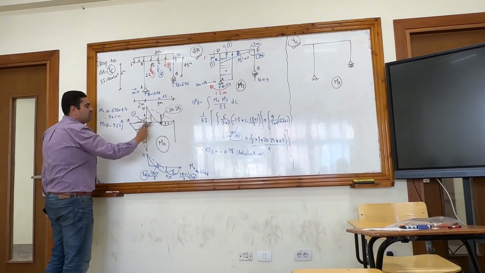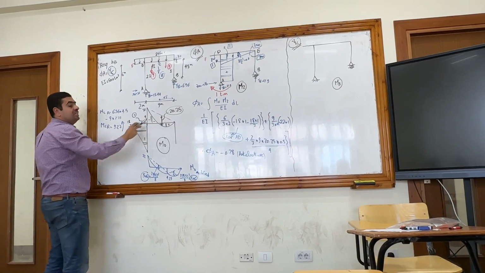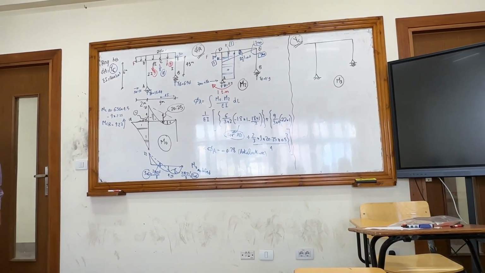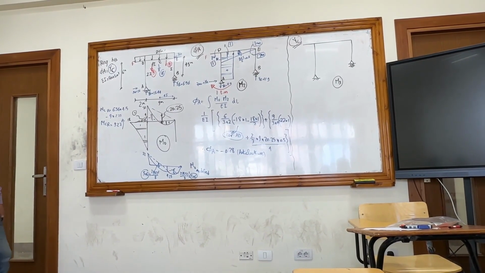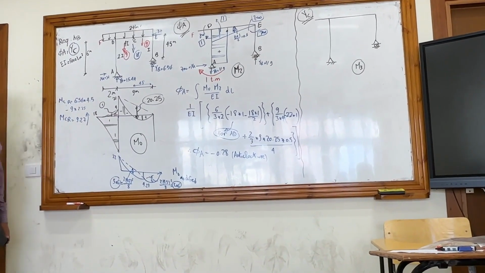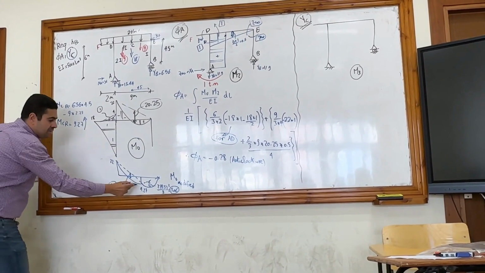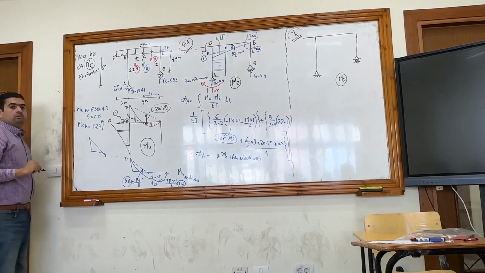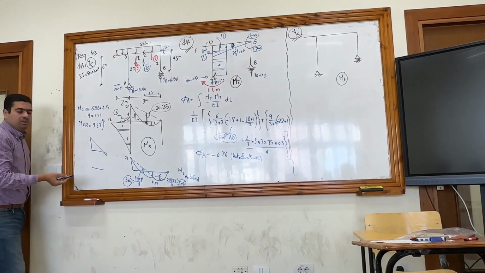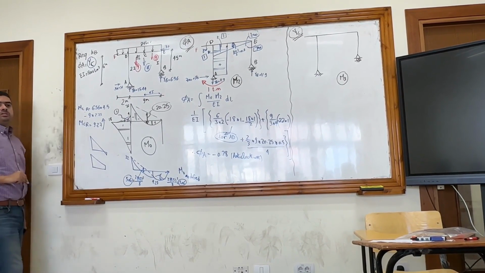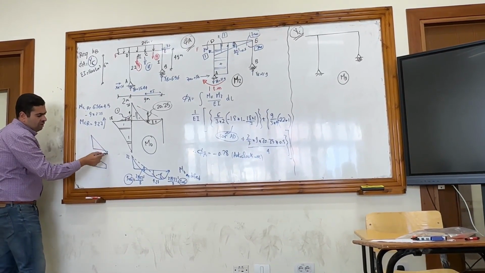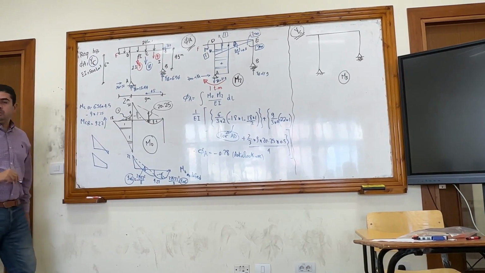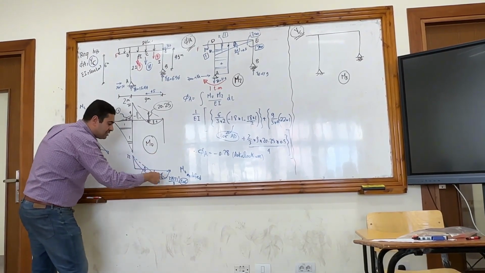Here, how many diagrams was I having in the member DE? It was a triangle subtracting a parabola from it, right? So just two shapes, two diagrams. And in the M node modified, how many shapes do I have? On the left hand side, I have a trapezium. We deal with it like a trapezium, but only the value is downward instead of upward. So this one is a trapezium subtracting a parabola, and then on the right hand side, a triangle subtracting a